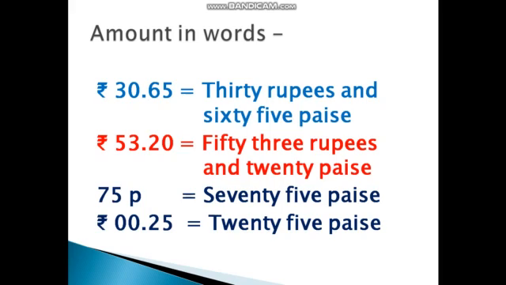One more thing, if you see zeros written in place of rupees and after the point you have some amount written, that is only paise. See here, 0 rupees means there are no rupees. So we can just say it is 25 paise. Whatever amount is after the dot, that belongs to paise.